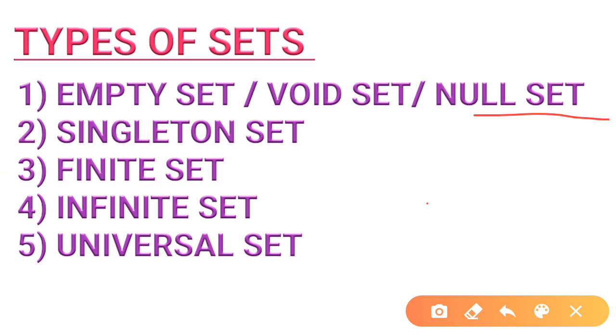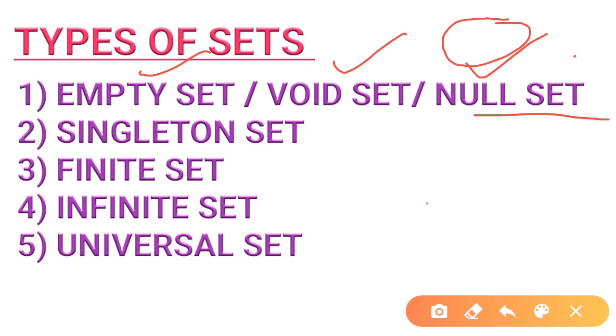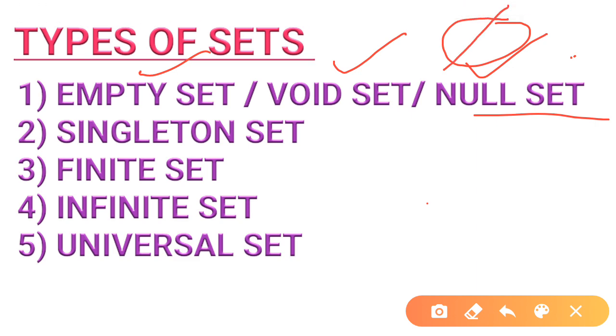Right now, the first one is the empty set, also called the void set and null set. This you have already discussed in symbols. So this is the symbol pi. Right? Next one,